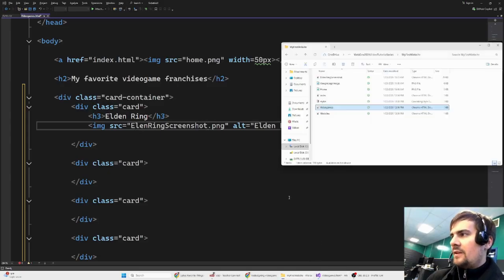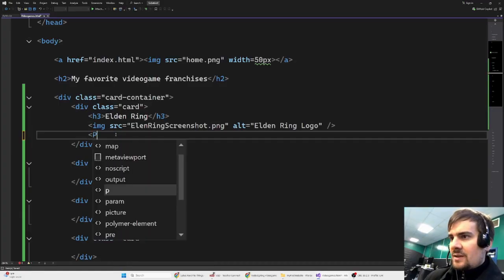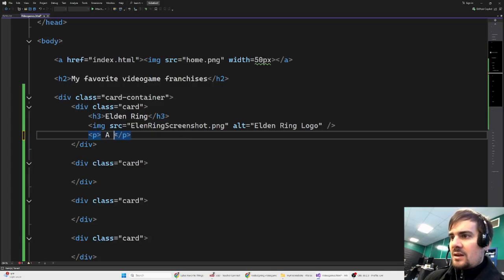That's the name of the file that is right here, Elden Ring screenshot. And then I need a p tag, so I'll say p, an epic RPG with a vast array of foes that is known for being